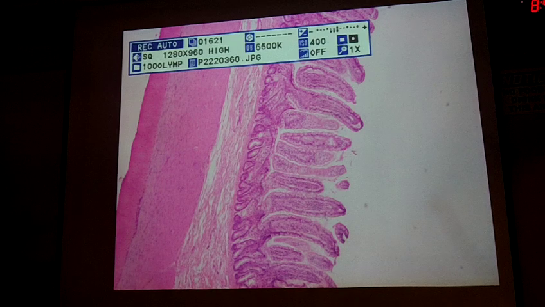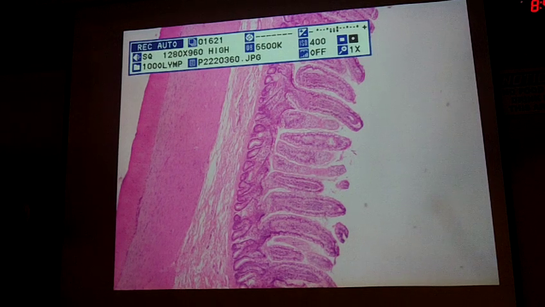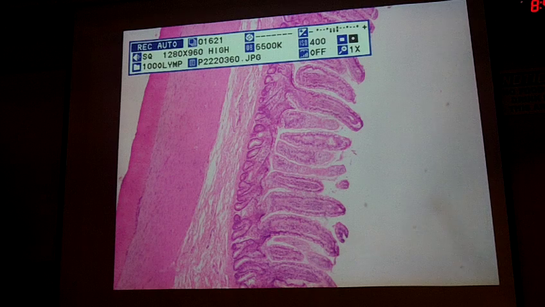Now what we want to do before we magnify it is we just want to say, can we tell the difference between the duodenum, the jejunum, and the ileum? And what you're looking for in the duodenum, you're looking for Brunner's glands. In the jejunum, you're not going to see either Brunner's nor Peyer's patches. And in the ileum, you'll see Peyer's patches. So if we look at the duodenum first,